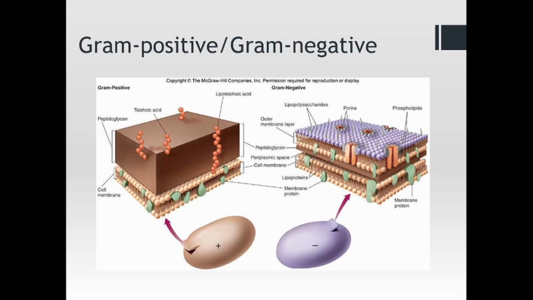What do they look like? Well, you've got the gram-positive on the left, and I'm positive that's gram-positive. So you'll notice it's got a thick layer of peptidoglycan, and then it's got the cell membrane inside. As compared to the gram-negative on the right, you've got the outer membrane, which is complex, and this picture is not doing the complexity justice. There's more to it than what you see in this picture. And then it's got a thin layer of peptidoglycan in the middle, sandwiched in between the membranes, and then inside is the plasma membrane that they both share in common.